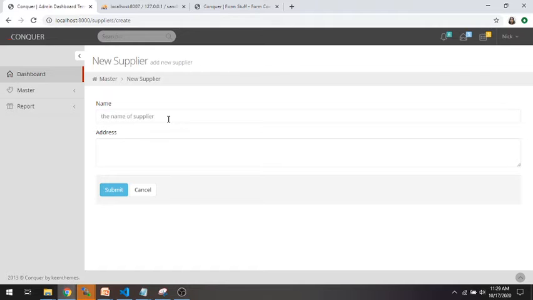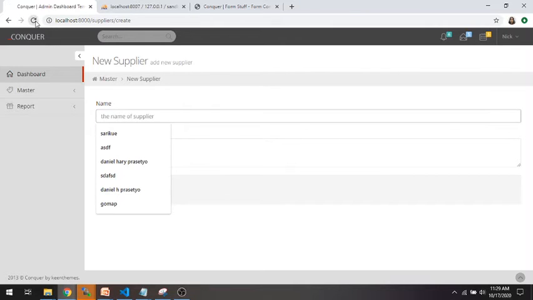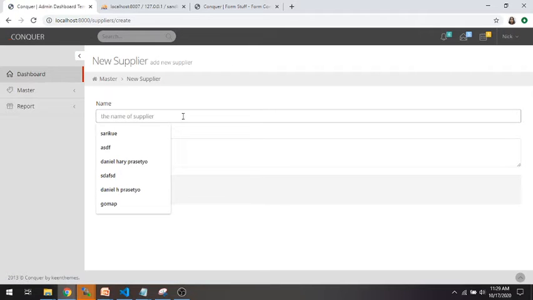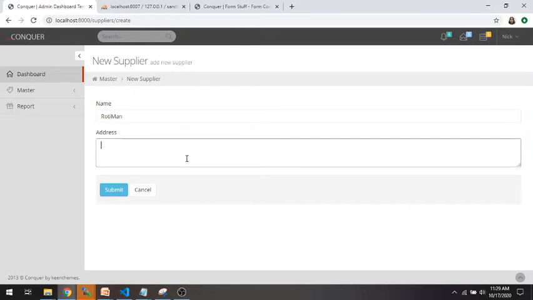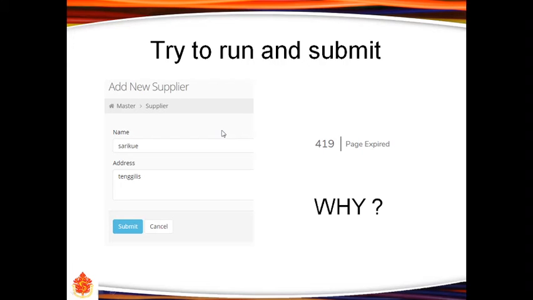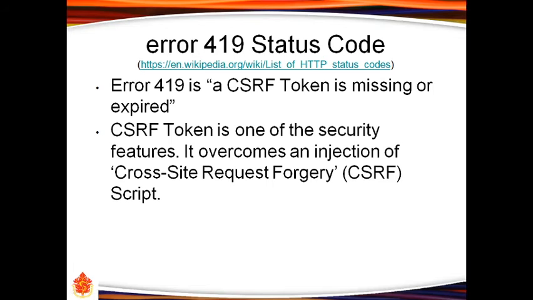Okay, refresh it, put some name here. So, Rotiman Kertajaya, submit. Oh, it's expired. What does this mean? It's expired. Okay, error